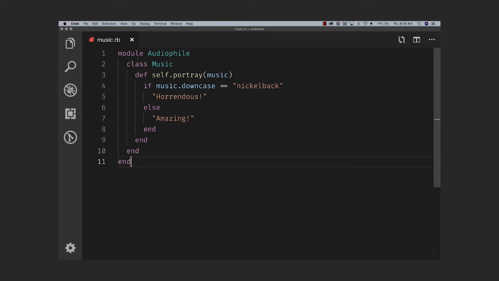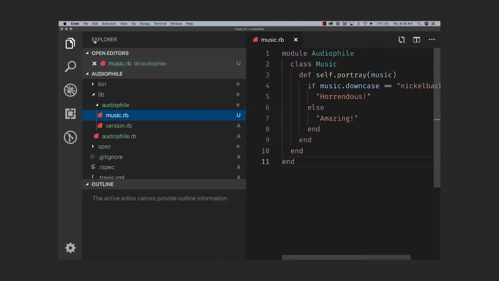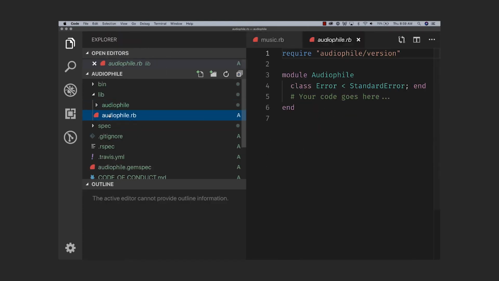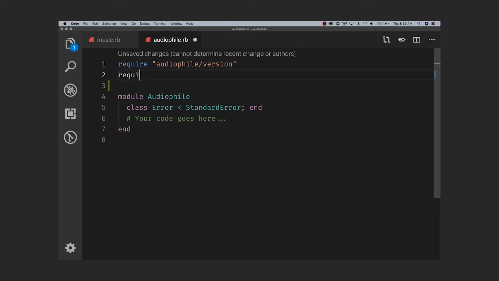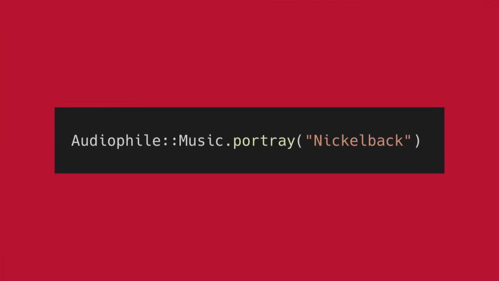lib/audiophile.rb. As you can see, we're currently requiring the version. So directly below that version requirement, we'll go ahead and type require audiophile/music. Now, in any code that had our audiophile gem as a dependency, we could use it in the following way. Again, we reference the music constant and the portray method, and by passing in the string Nickelback, our code